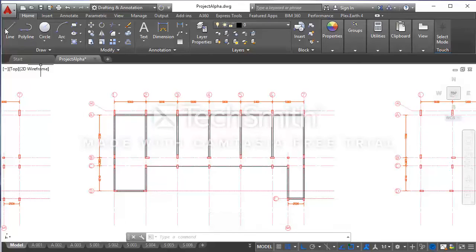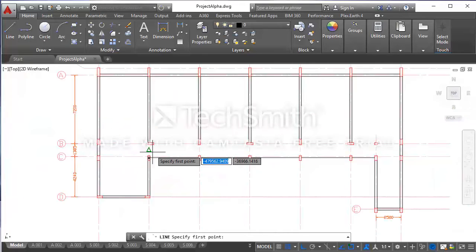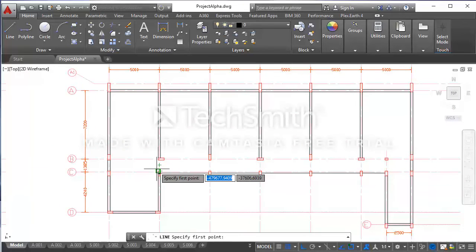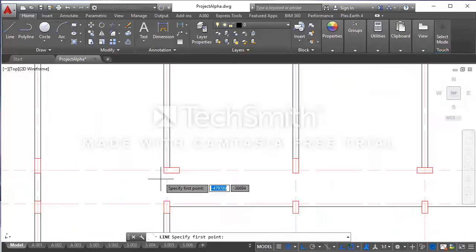I'll do the same thing for the column at intersection B2 to C2.